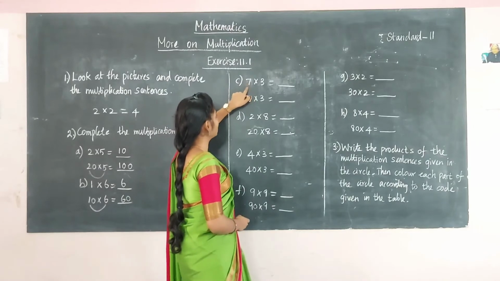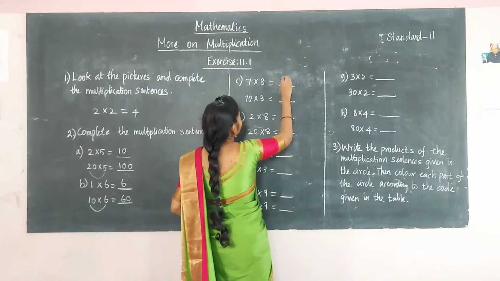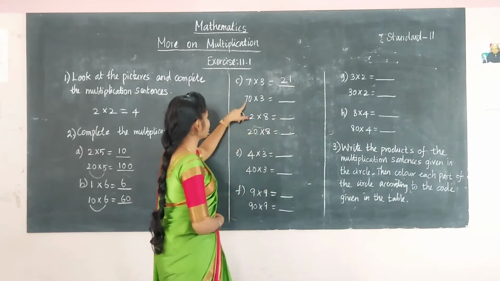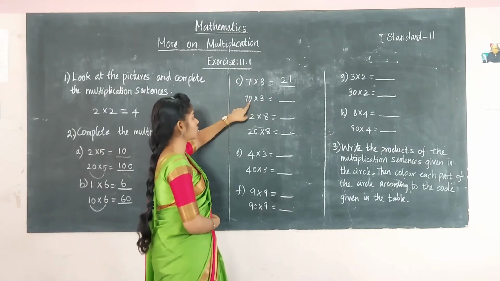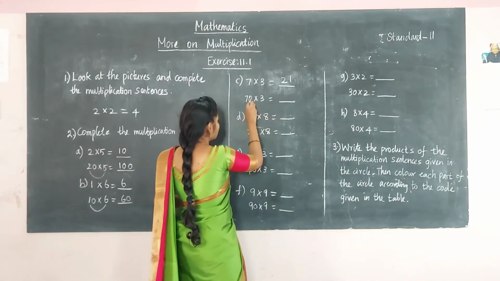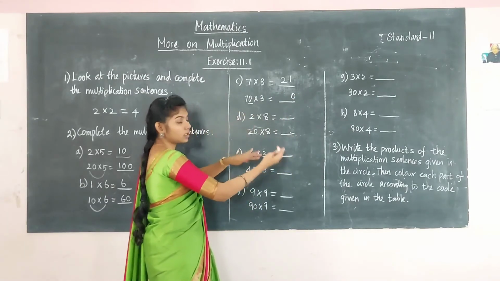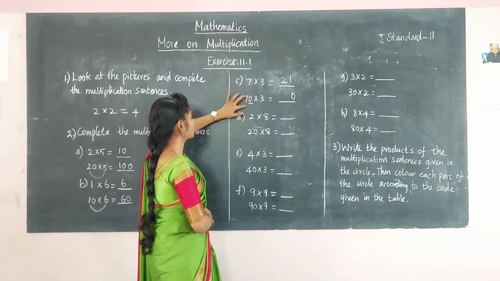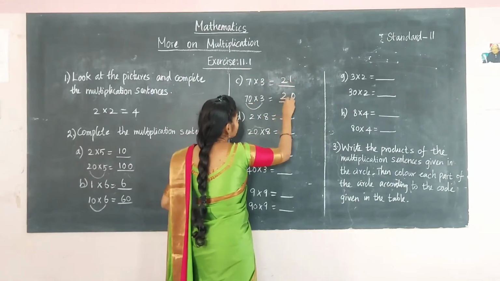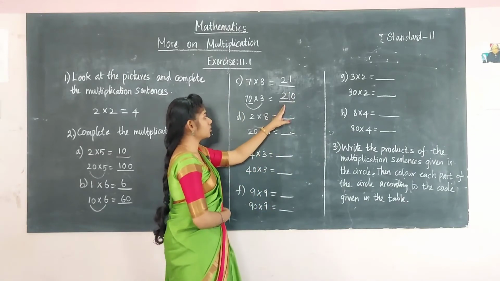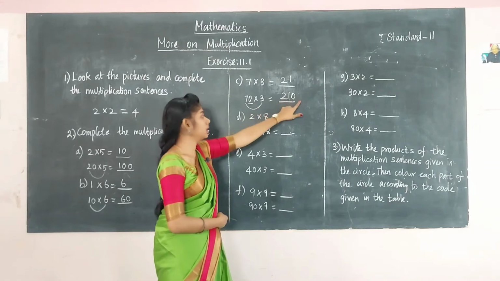So first one, here 7 3s are. What is 7 3s are? It is 21. And here also, see, 70 into 3. The numbers are the same. Here by tens it is given. So in the last place write 0. This 0 is written in the last place. Only 1 0 is written here. So write 0 there in the last place. So multiply 7 into 3. Already we have multiplied, no? So now write 21. So the answer is 210. 70 into 3 is 210.